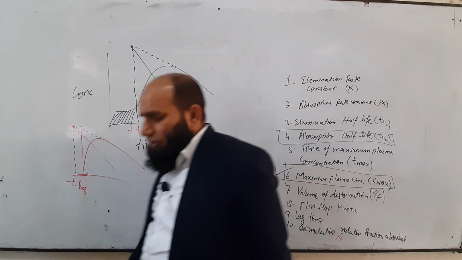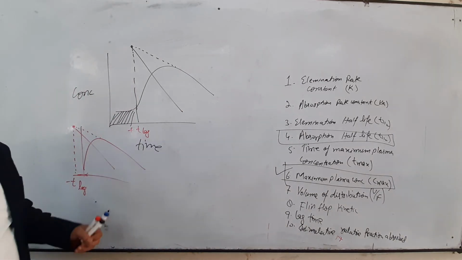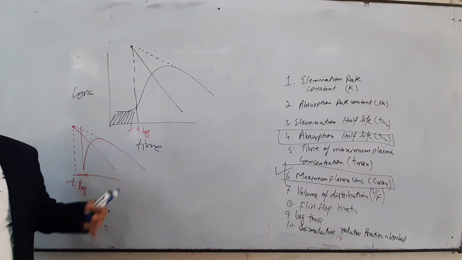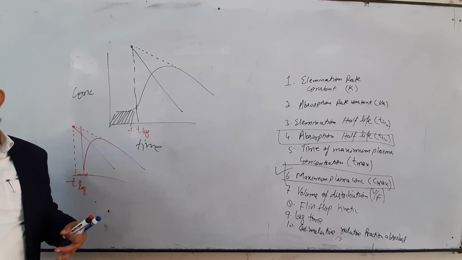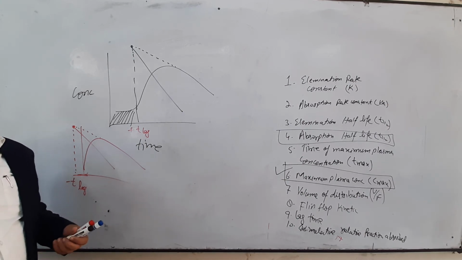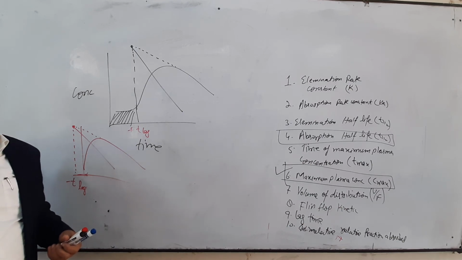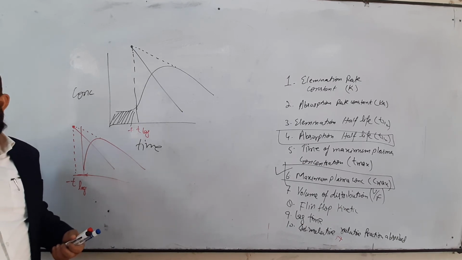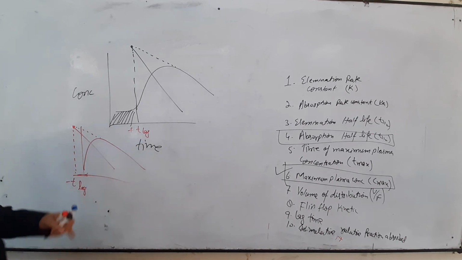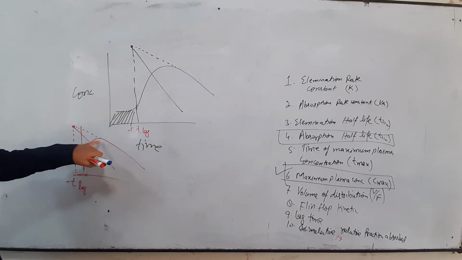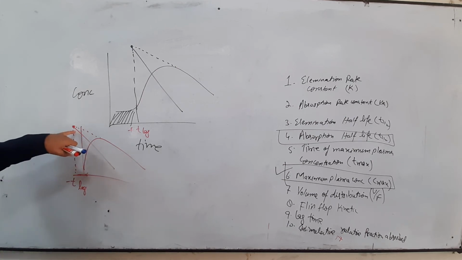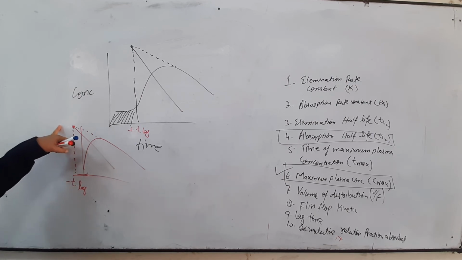But in case of negative lag time, what will happen? The drug gives very rapid elimination and absorption is very fast. So we can assume that the concentration present in our blood circulation is increasing rapidly. After extrapolating this straight line, we will see that the point of origin is on the negative side. So this type of point is negative lag time.